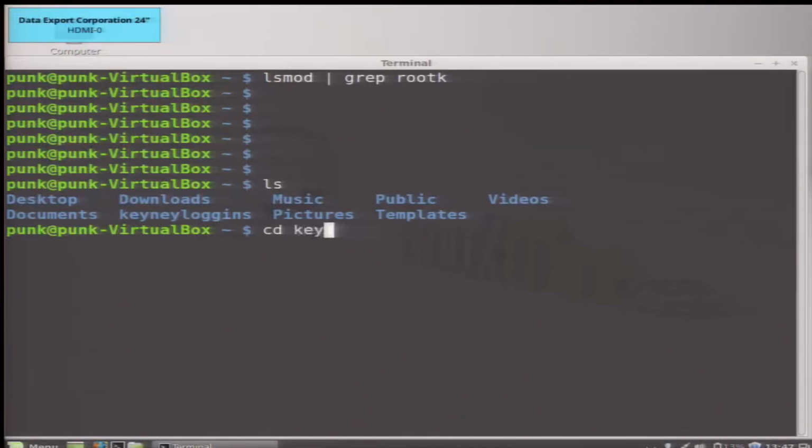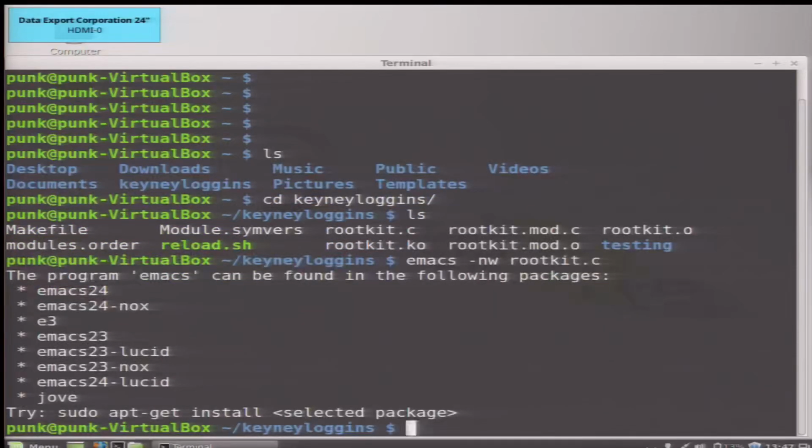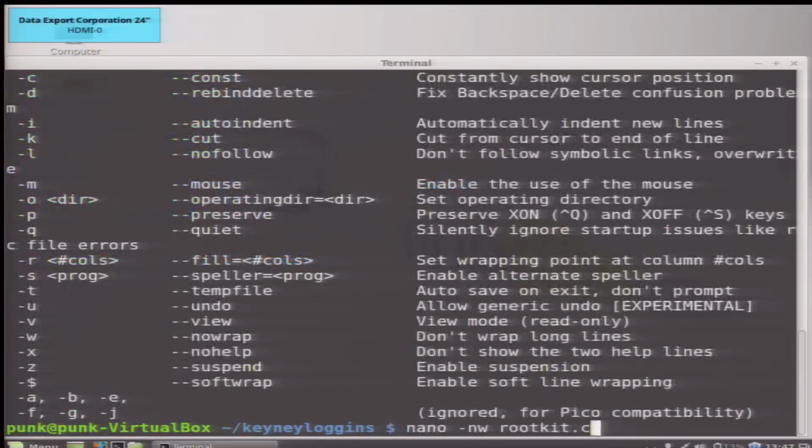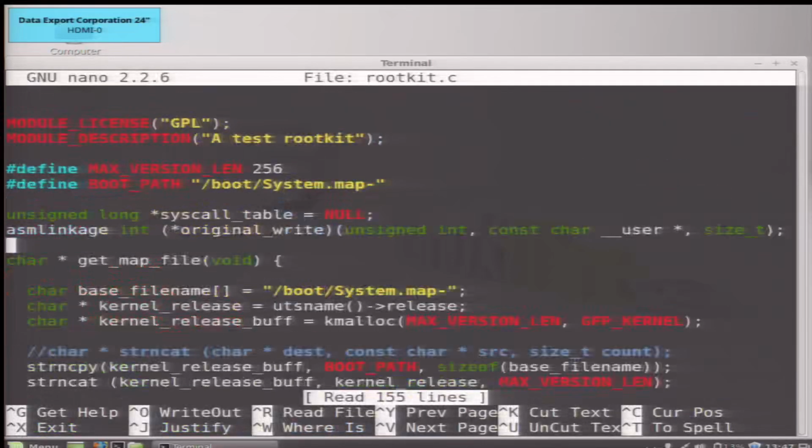All right, so we have Keeney logins. And what I really wanted to show you in this particular rootkit is just how simple it is, right? Again, like I said, we forget how to use computers. So one thing is just exactly how simple it is. But the other thing I wanted to show is a couple of really important things, right?